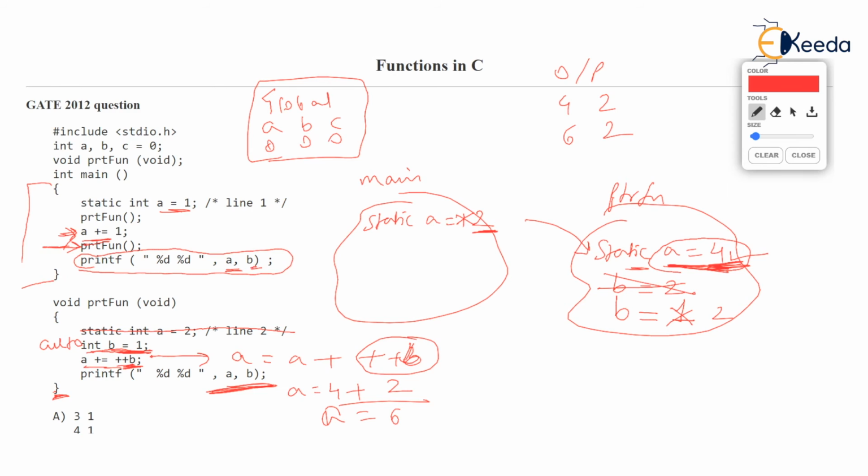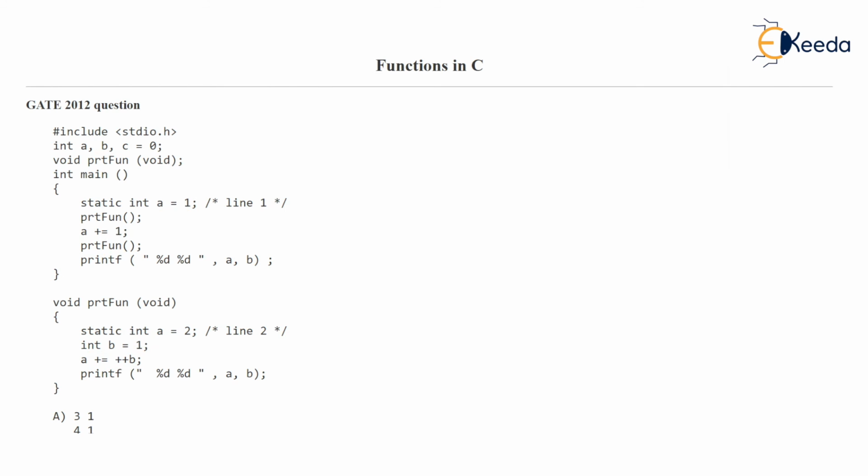Check main. In the entire main there is no variable called B at all. But there is a global variable b. Check the cursor place. There is a global variable b, and main is going to print that global b. So the output is going to be 2 0. Static variable a is printed, and global b is printed. So you just check, 4 2, 6 2 and 2 0 is the output. And if you scroll down, in fact, C is the output.